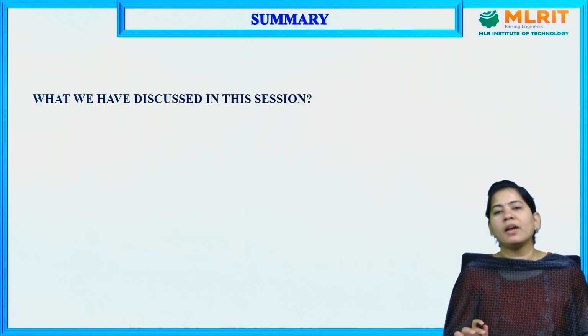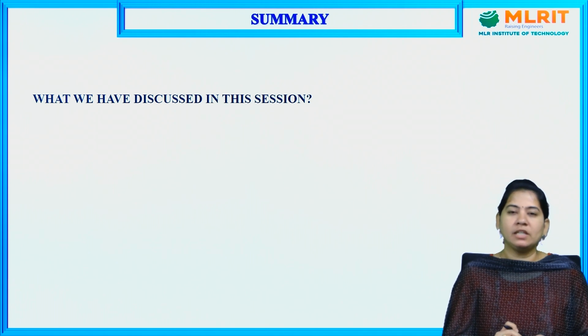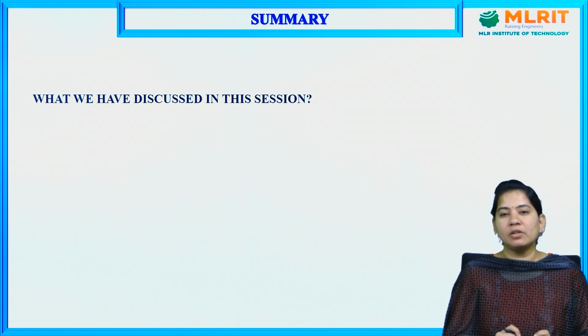So what we have discussed today is what is meant by rule CP, what steps we need to follow to construct the rule CP method, and we have also seen a few examples. In the next session, we'll go with the indirect method of proof, which is also called inconsistency of premises, and we'll solve some problems based on that. So by this, today we'll end the session. Thank you.